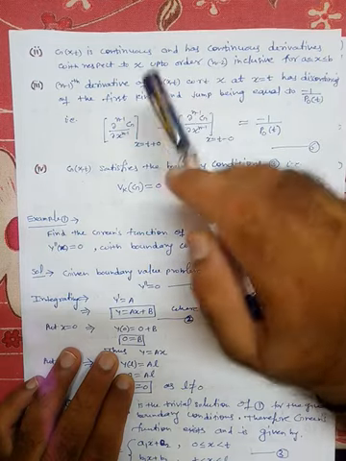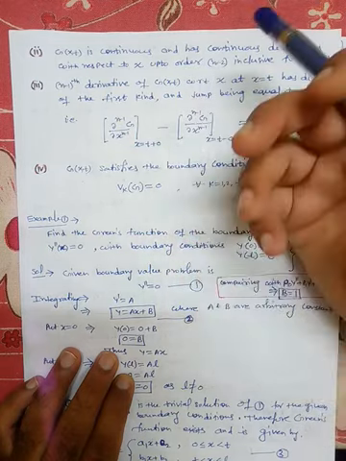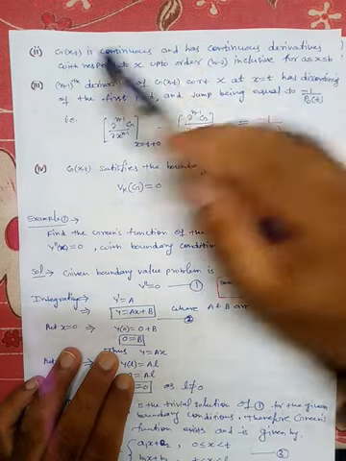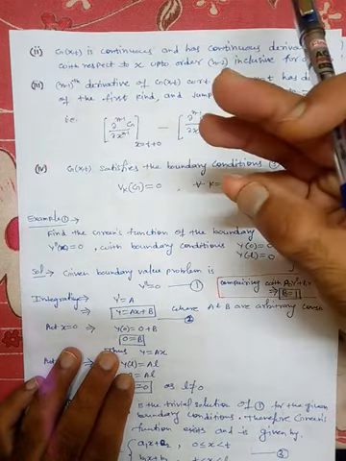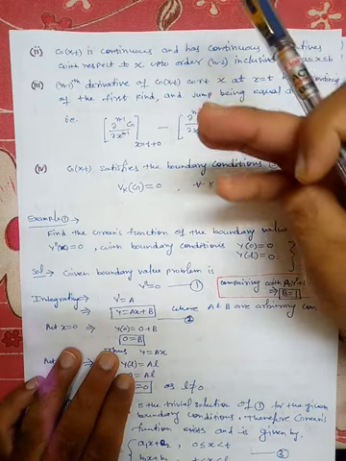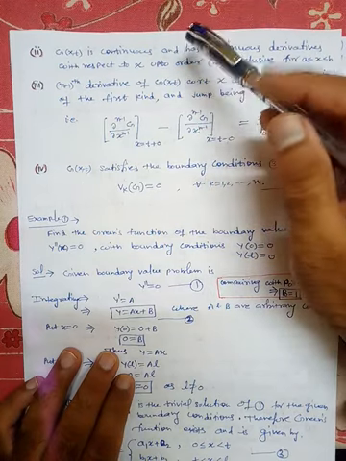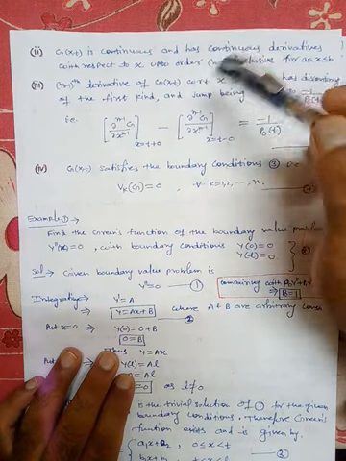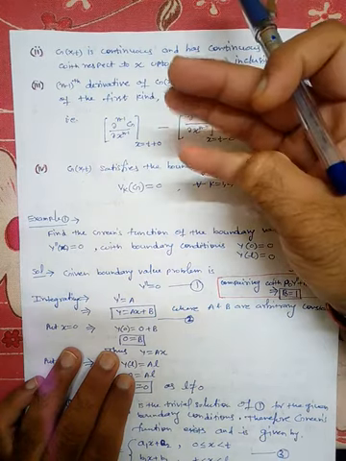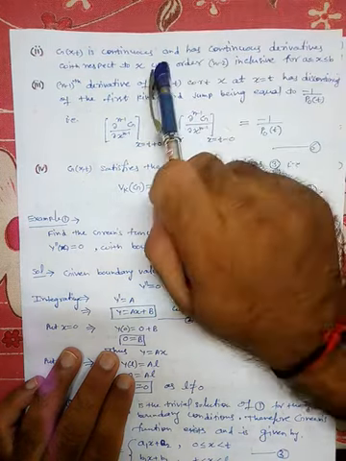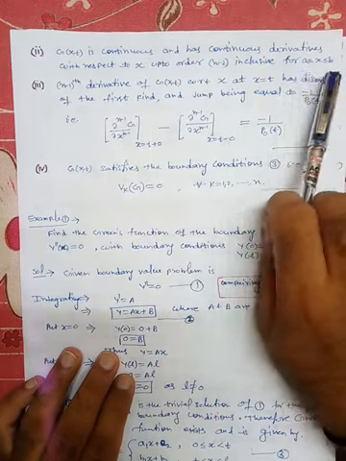That means, suppose your differential equation is of order 4, then G(x,t), its first order derivative and its second order derivative, because n is 4 in that case, so n minus 2 will be 2, hence G, its first order derivative and its second order derivative, all are continuous in the interval a to b.